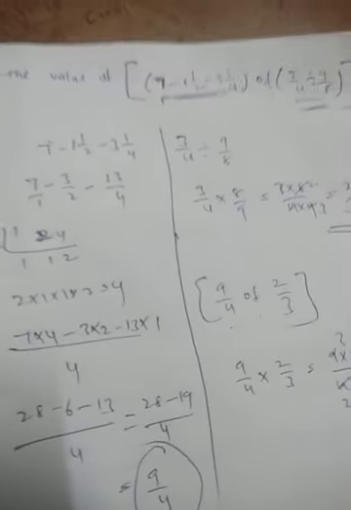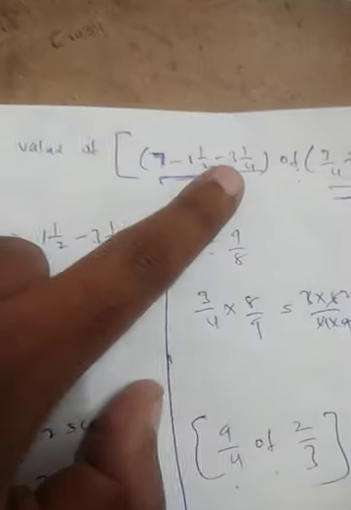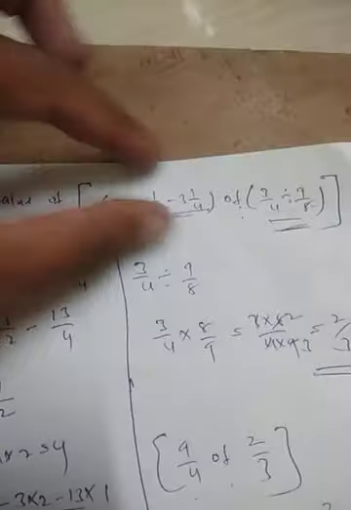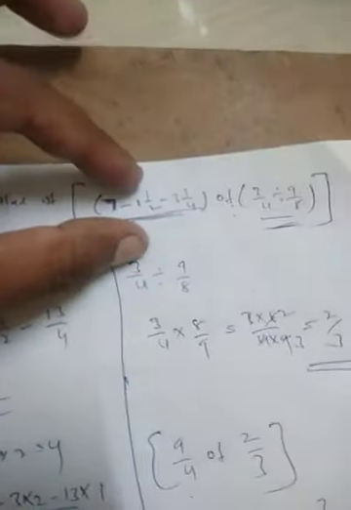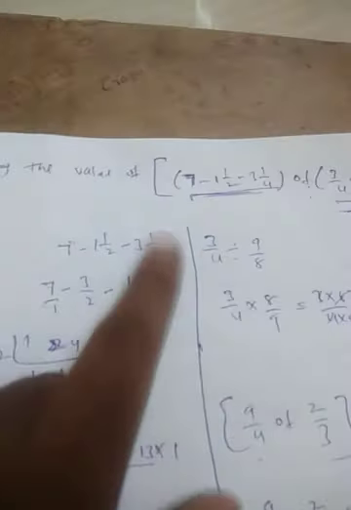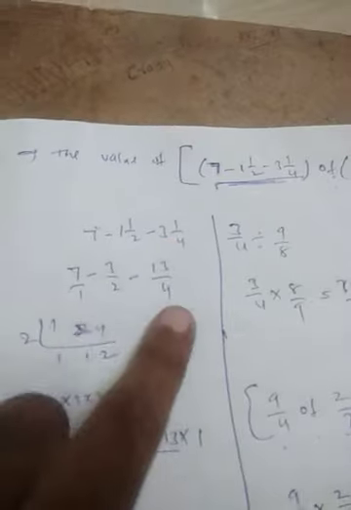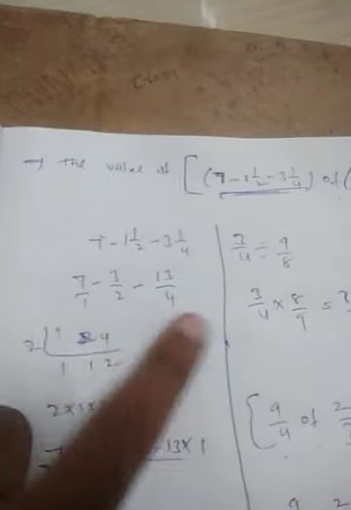Now once again I will explain this question. Look at this carefully. First what we have to do is 7 minus 1 whole 1 by 2, 3 whole 1 by 4. So this bracket and this bracket we have to do first. So I have taken this bracket. 7 minus 1 whole 1 by 2 minus 3 whole 1 by 4. 7 minus 2 1 are 2, 2 plus 1 3 by 2. 3 4 the 12, 12 plus 1 13 by 4. Denominator is 1, 2, 4.